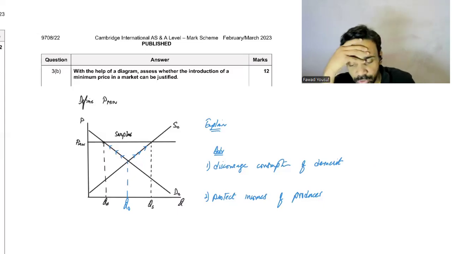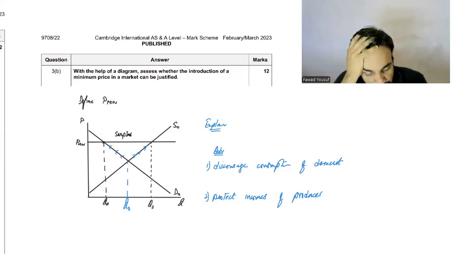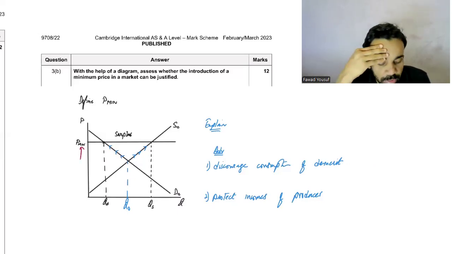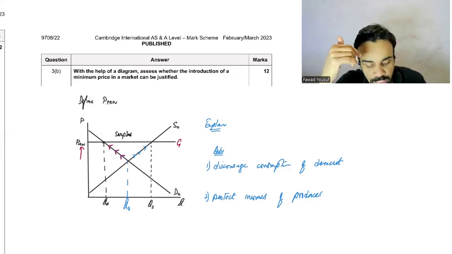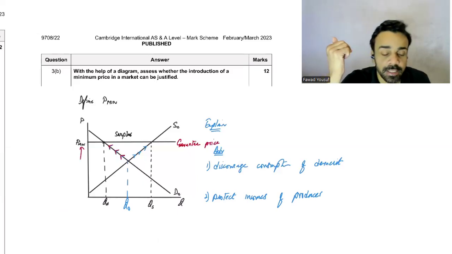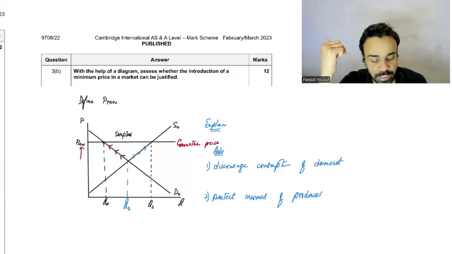right? What will the explanation be? If the price is above equilibrium and it cannot fall down, then quantity demanded falls. So that is done. In the second case, to protect farmers' income, the prices cannot fall below this. So there is a guarantee price that the farmers will get. So definitely their incomes are protected.